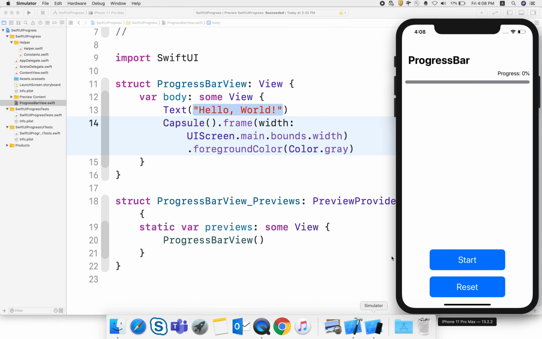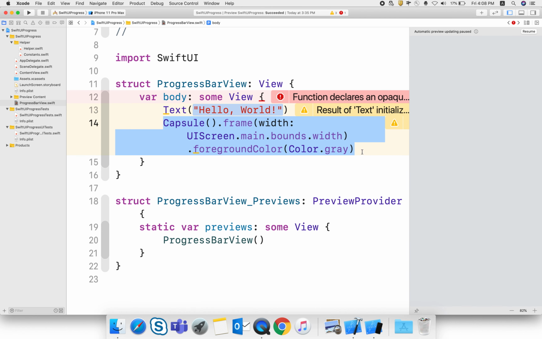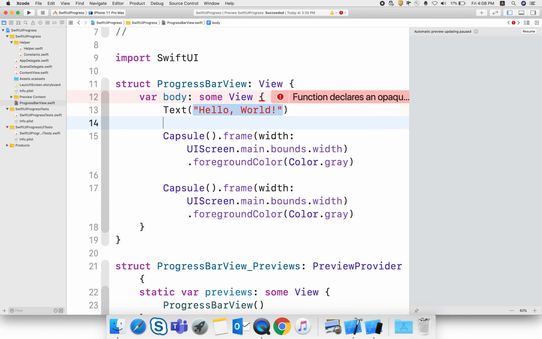And you can see in that demo, when I click on Start, there is another capsule shape that overlaps that. So for that I am using another Capsule here, and to get that overlapping I am using a ZStack.